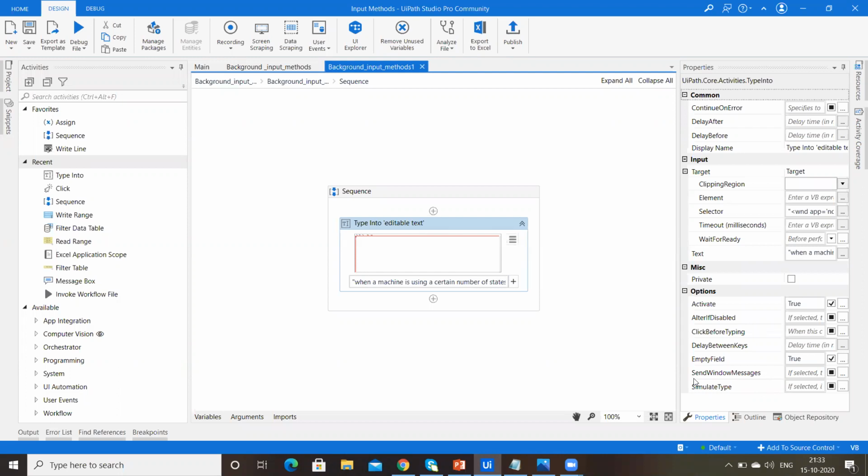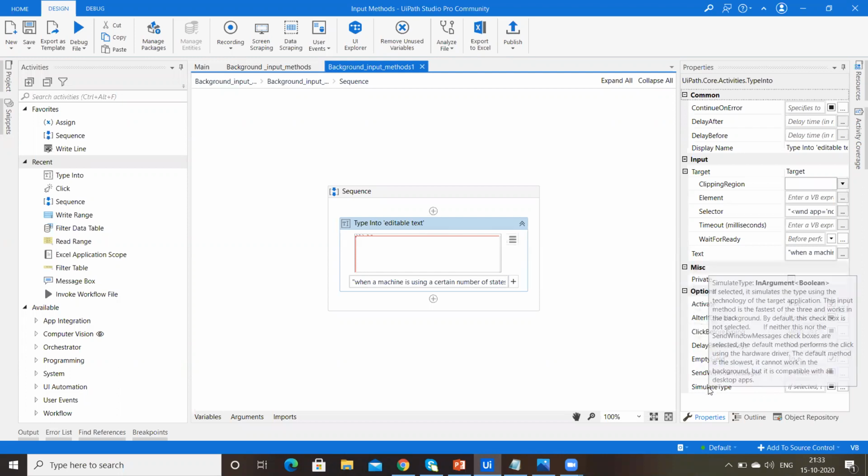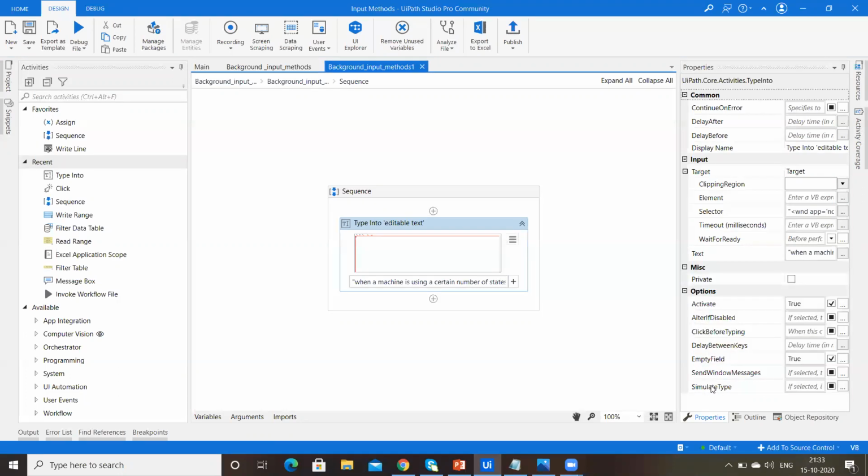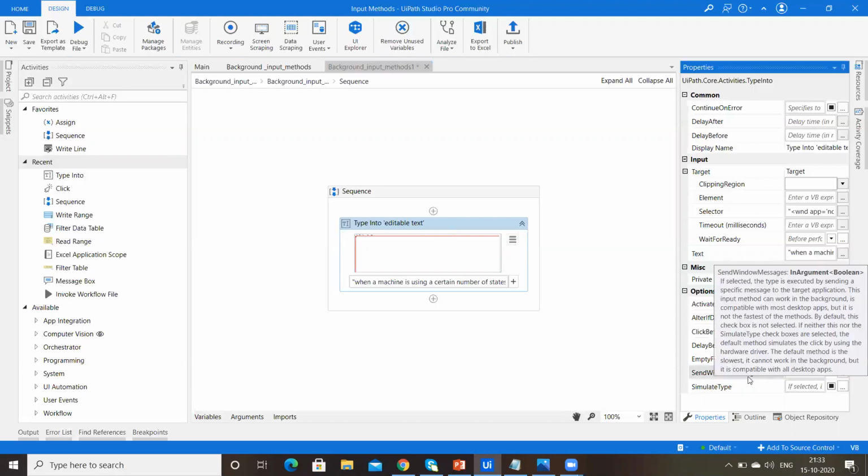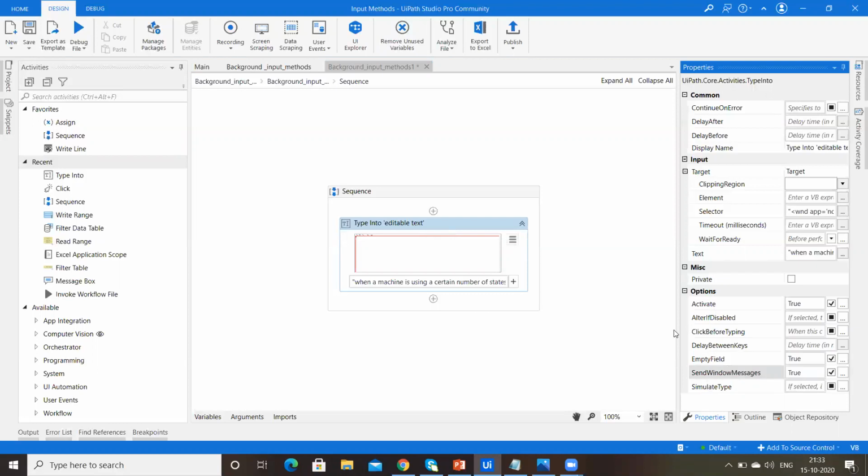Here, send window messages and simulate type are there. If you don't select either of these two, it will activate the default method. Now I will select send window messages here. It does not support auto empty field, so I will check this field.